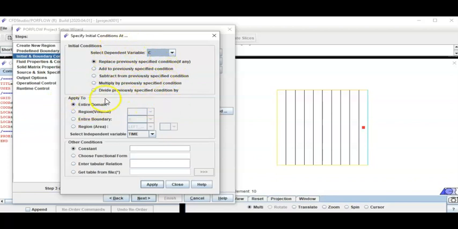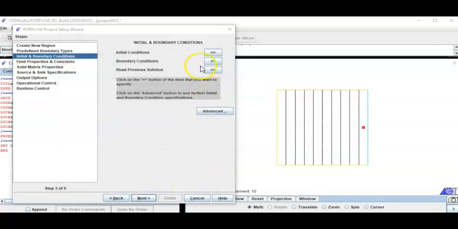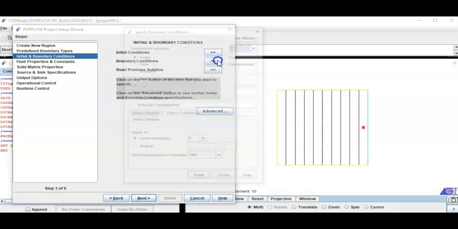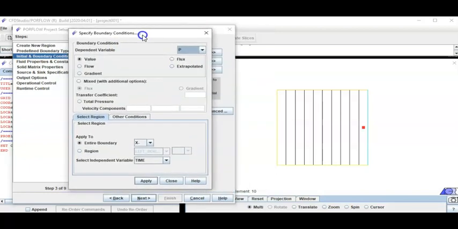Now this initial condition applies to the entire domain and we want to set the initial condition to be 0. It's not a functional form or a table, but it's a constant value of 0 which applies to the entire domain. So click on apply. Close. Now we have to set the boundary conditions for the problem. So click on this button to open the boundary conditions window. Now again go and select the dependent variable to be